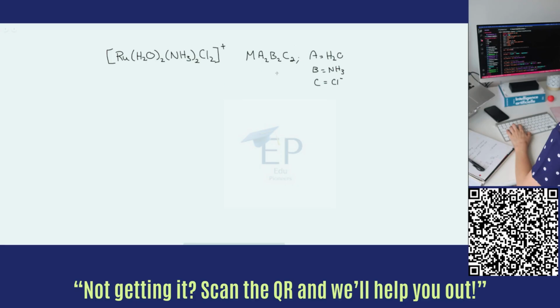And because there are 2 of each, the ligands can be either cis with one another or trans with one another. So for the different isomers, or for the different possible combinations, we can have all trans, meaning